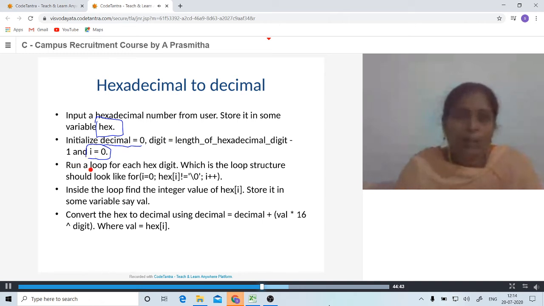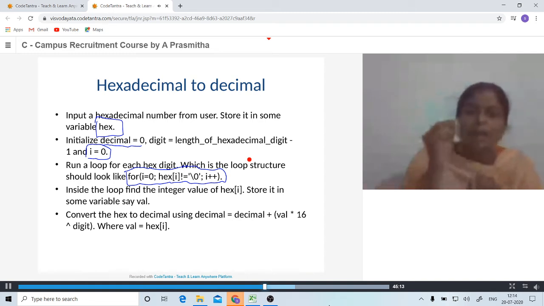And we are going to run the loop for each hexadecimal digit. So this is our loop which we are going to run. Here we are taking that hexa as a character array, because it is having characters also, not only numbers. So we are considering that as a string. I already told you a string is nothing but a collection of characters.